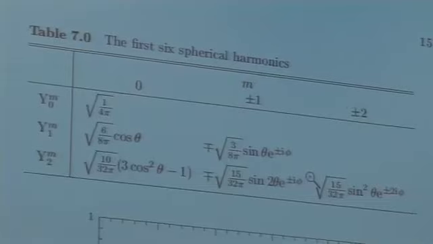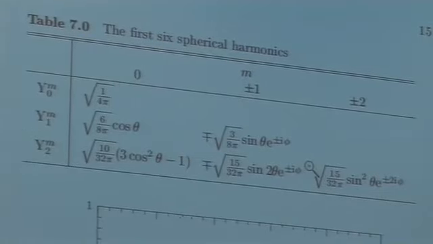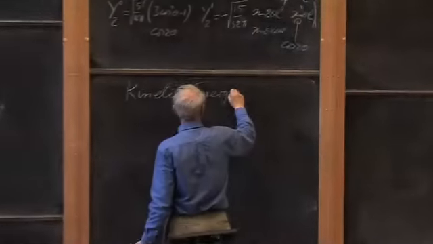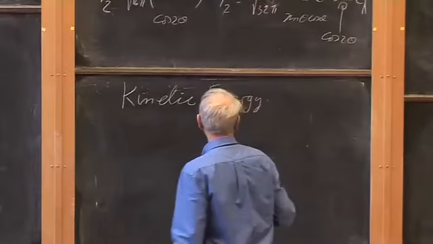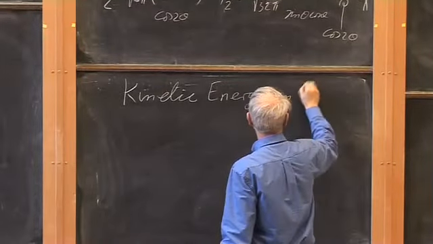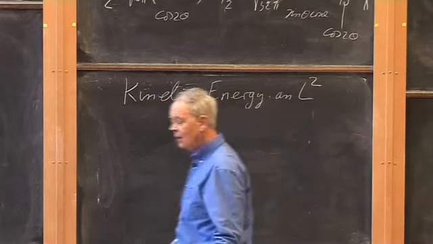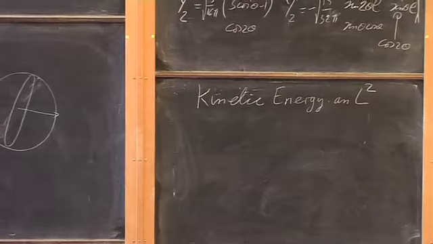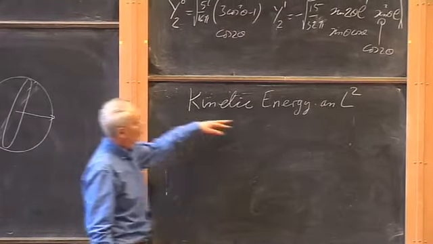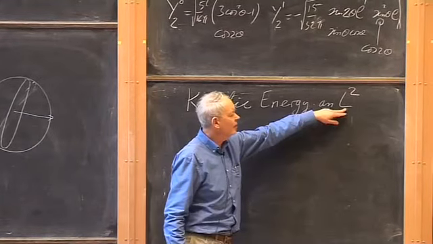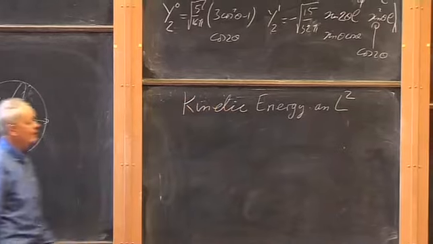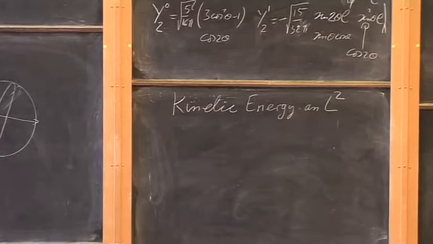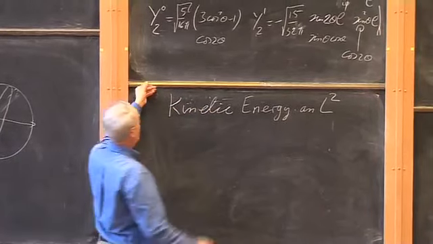So in preparation for work on atoms, we need to get an important formula for how kinetic energy can be expressed in terms of L squared, and this finally obliges us to face up to the tedium of calculating what L squared is, what differential operator represents L squared in the position representation, right? So we start by observing that L squared